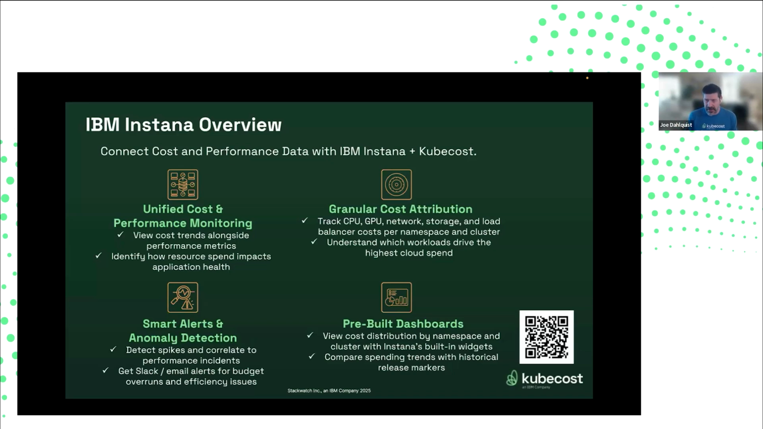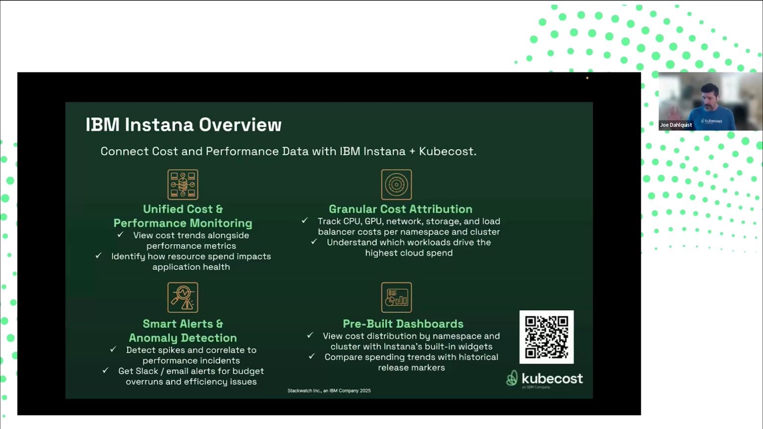This integration between Instana and Kubecost also enables some smart alerting and anomaly detection that Kubecost can bring to the table, to be able to understand when spikes in cost happen and then correlate those to performance incidents, perhaps, or to get real-time notifications over webhooks and integrations for things like Slack, Teams, and email alerts for budget overruns and anomalous efficiency issues. There are some pre-built dashboards that make this work right out of the box for you,